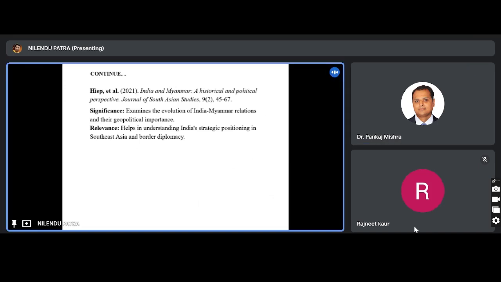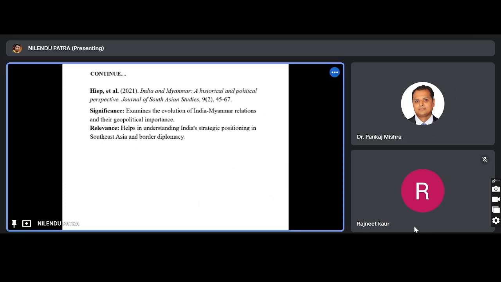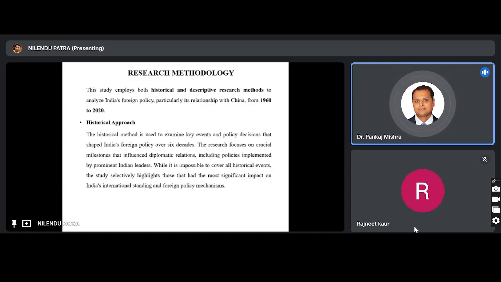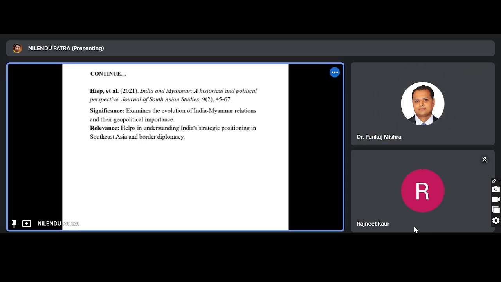Hello sir. Have you gone through your PPT? How you justified that these are your base papers? It may be your literature paper, but it's not base paper. Your base paper should be directed toward Indian foreign policy, toward China only. The selection of base paper, what you are reflecting here, is 100% wrong. Next,